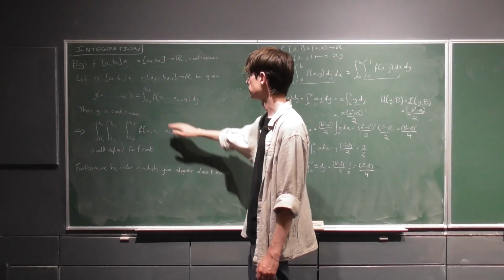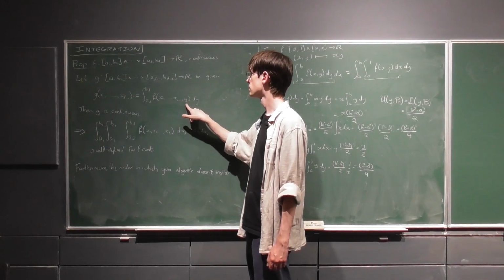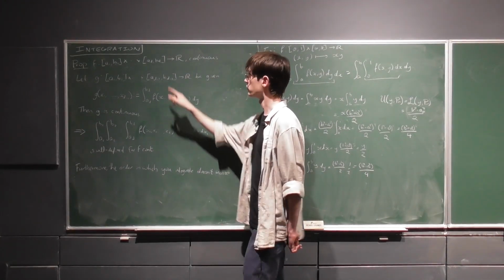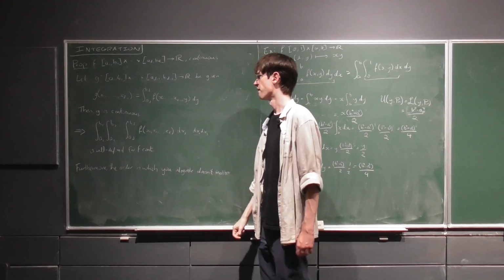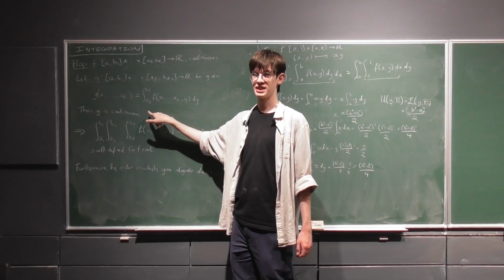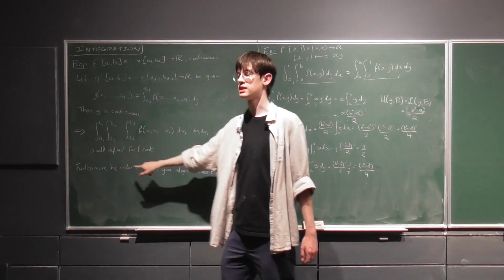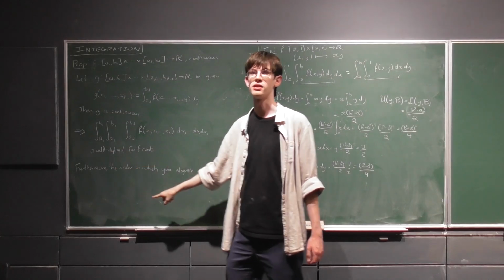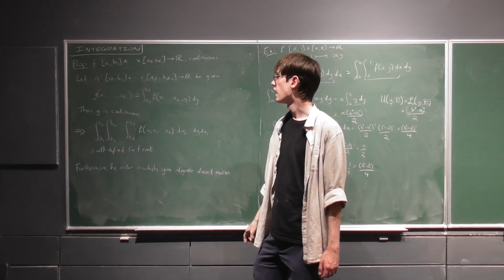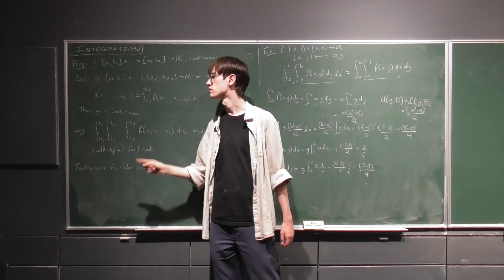It's given by just integrating out the final component between the bounds of that interval. And it says that if f is continuous, then this function g is continuous, which lets us set up this multi-integral here, which is well defined, because we just keep getting more and more continuous functions, so we can just keep integrating them